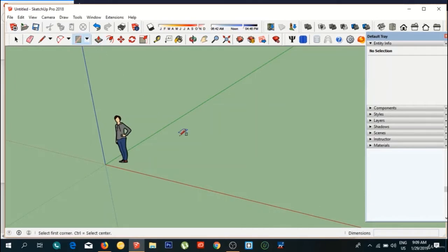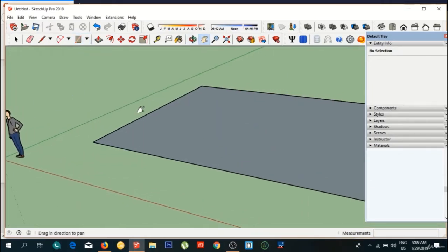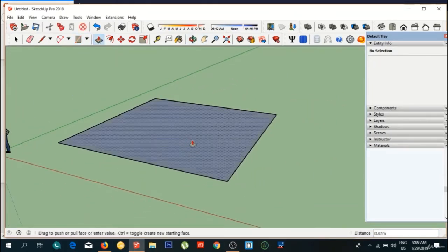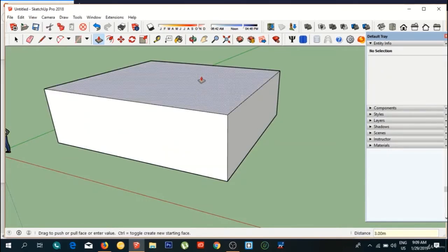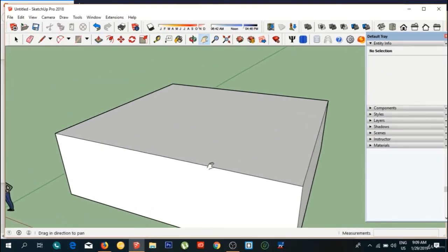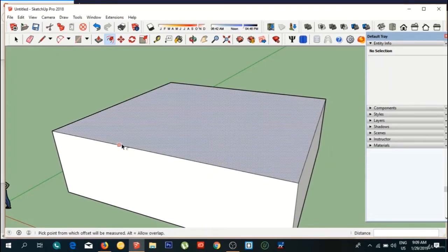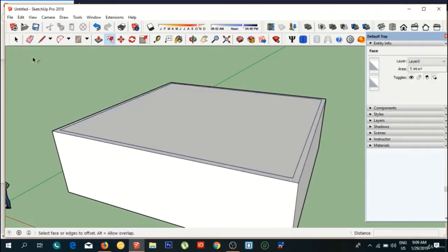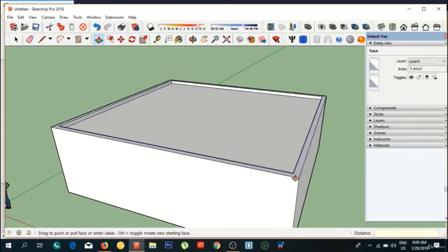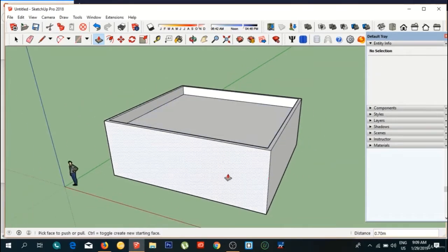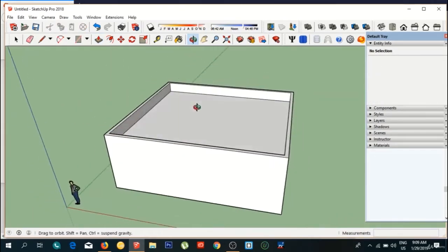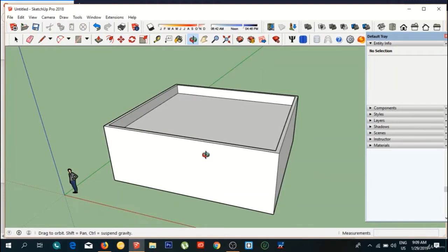Now, draw, for example, 10 by 9. Push it up 3 meters and make an offset of 0.2, go up 0.7, and this is the rooftop. Now you can draw the windows and the doors as we learned before, but now we will focus on the